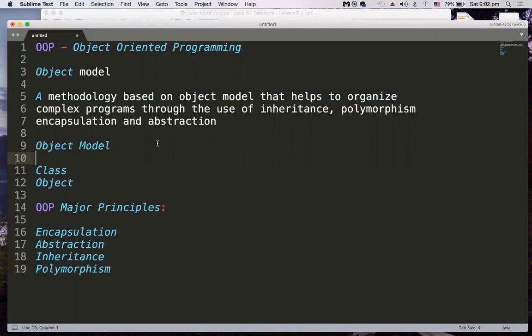The OOP main aim actually is to solve complex problems, because earlier to this there were programming paradigms. For example, procedure oriented programming paradigm, and the languages of such type are actually C, Pascal, etc. With the help of POP, we can actually write software, or we can solve problems which are actually ranging from small to medium, but not the enterprise applications, complex software.